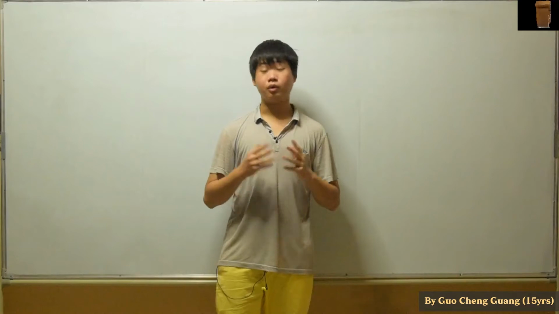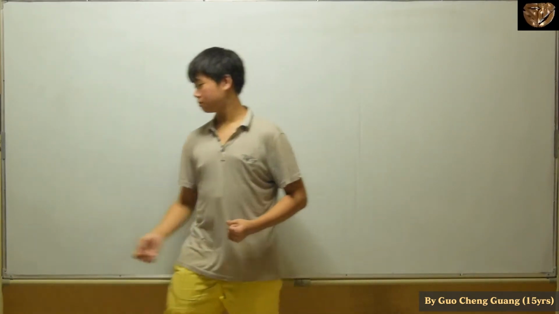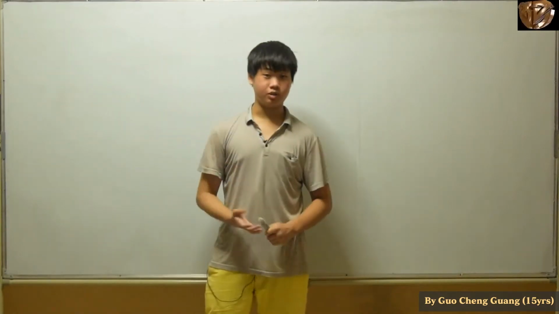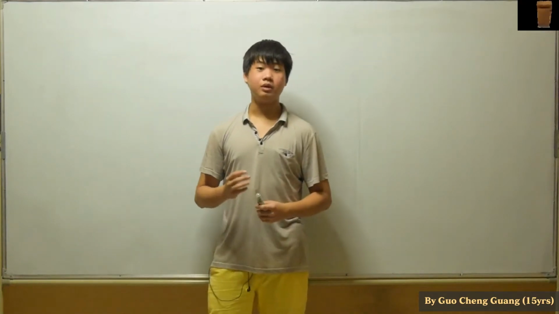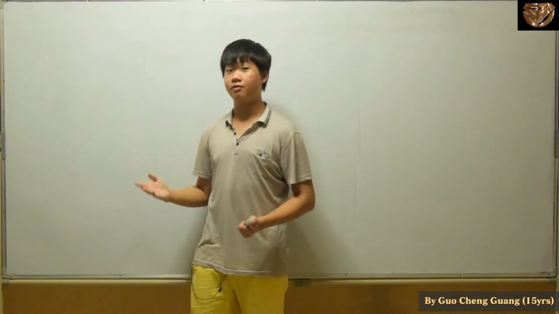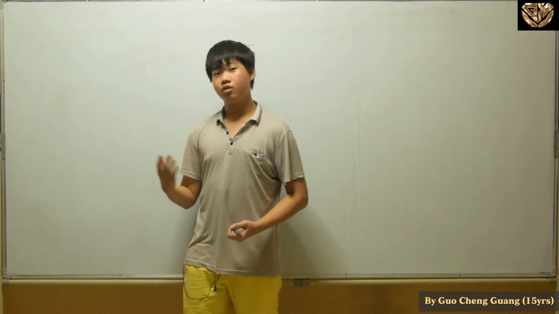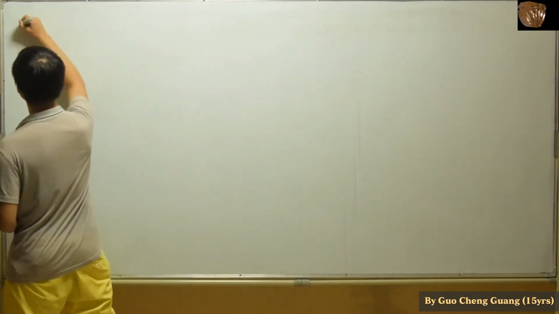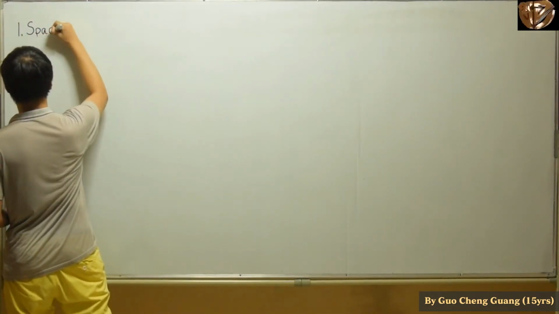Right, so when we start off this lesson, first things first, we have to make a few assumptions. Without assumptions, or let's say an ideal space, nothing is going to be easy. Everything is going to be complicated. You have to consider many different factors, and that is going to affect the final result very differently. Right, so the first thing is we will assume that the space we're using